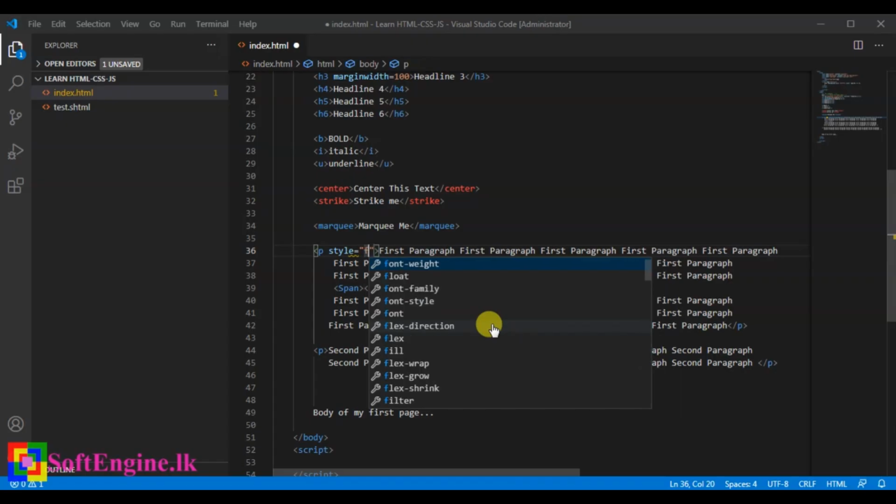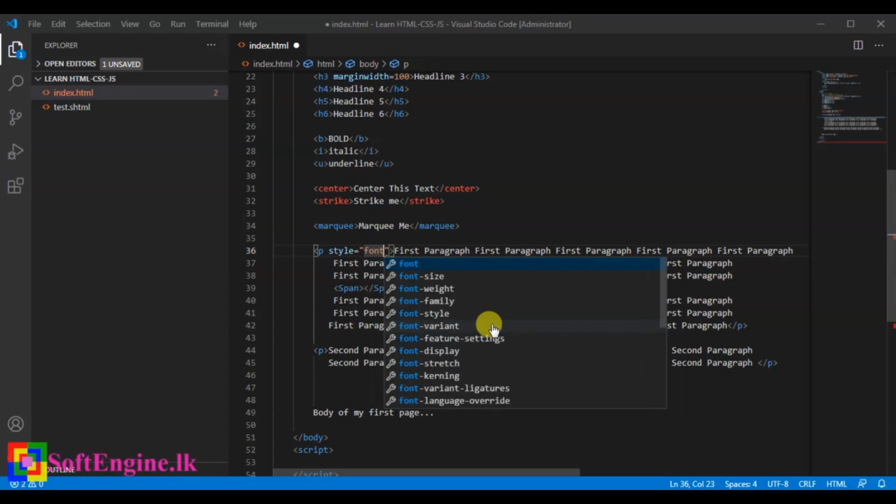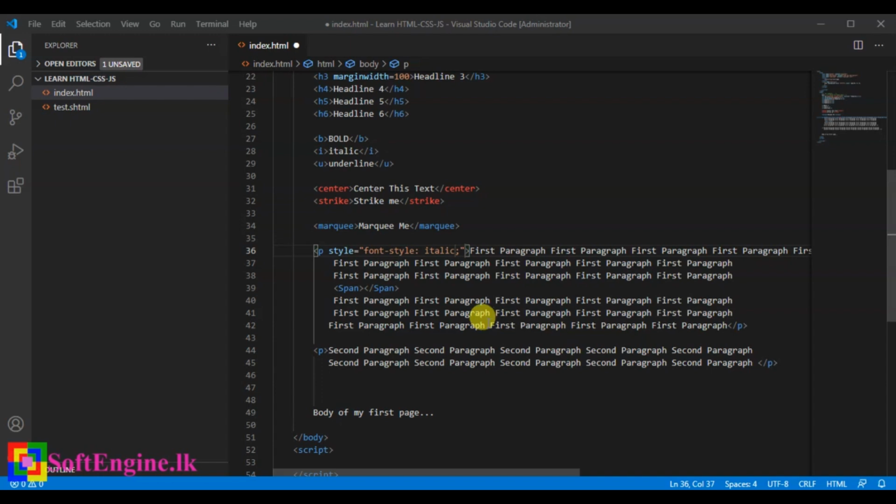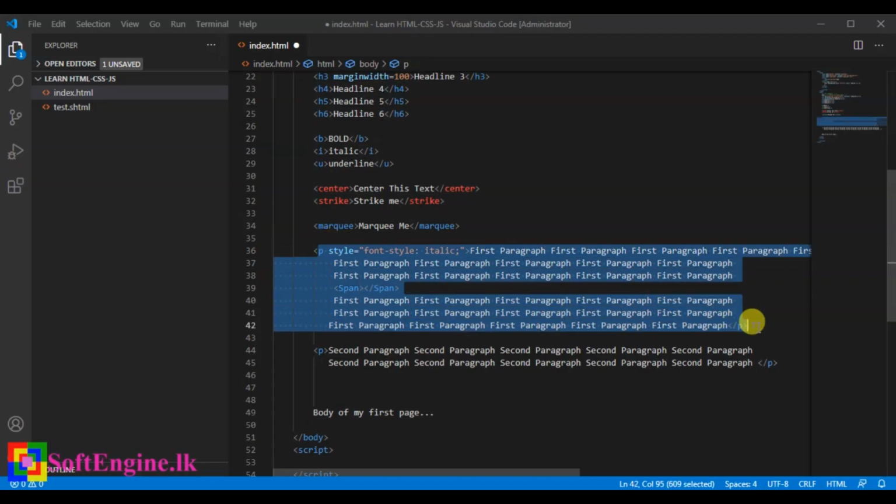I will apply a font style like italic. This is the default font style that we are going to use for this paragraph. Okay,